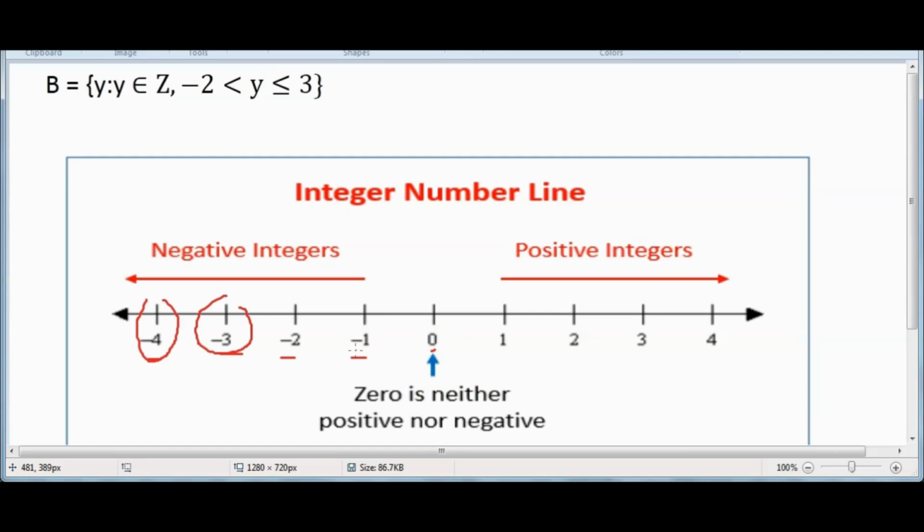So -1 is the next integer greater than -2. This is -2. The next integer greater than -2 is -1. So the counting should begin from -1 and stop at 3. So we have